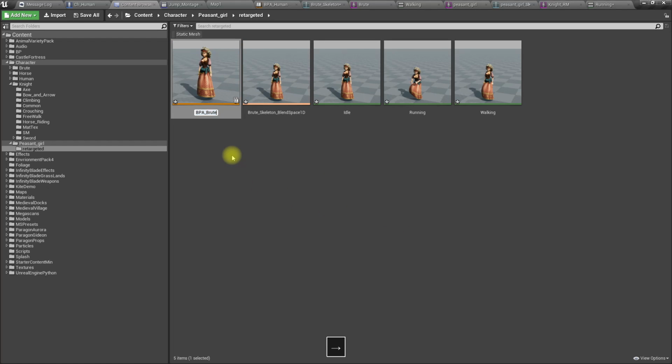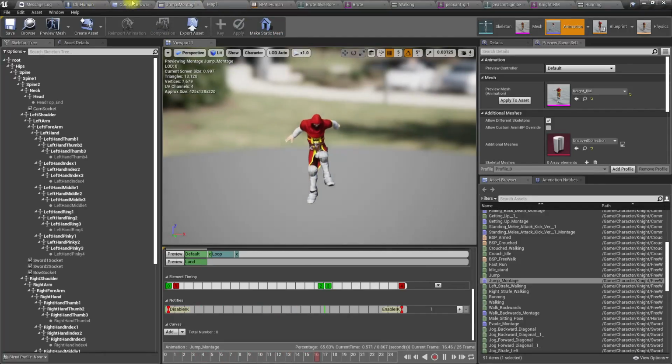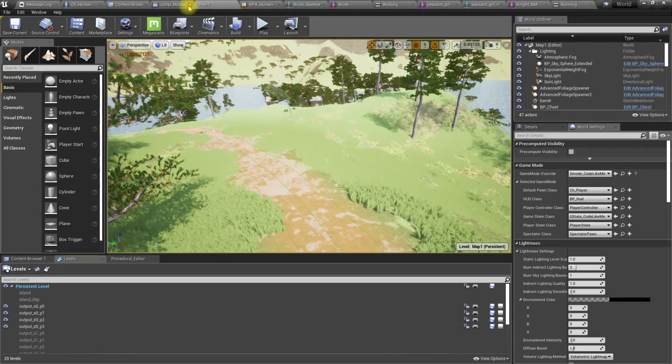Oh, this shouldn't be root, this should be BPA peasant girl. Okay, now that I have this one, I'll stop this episode at this point,